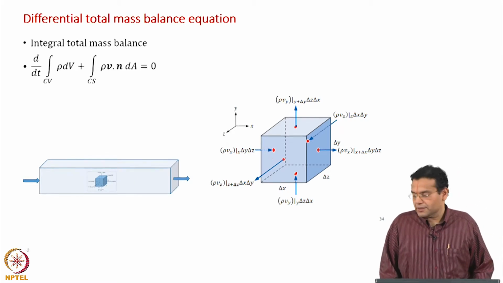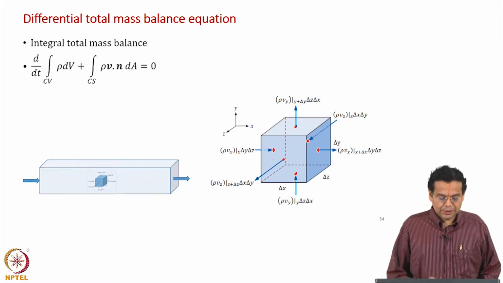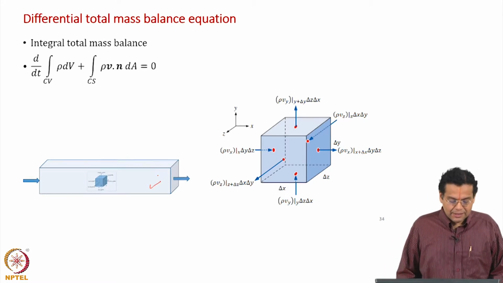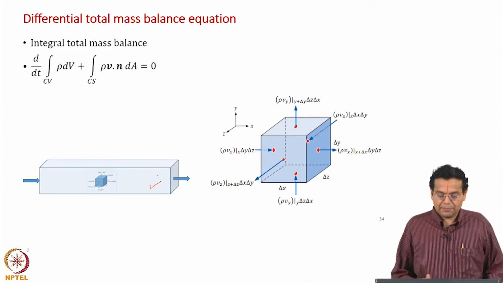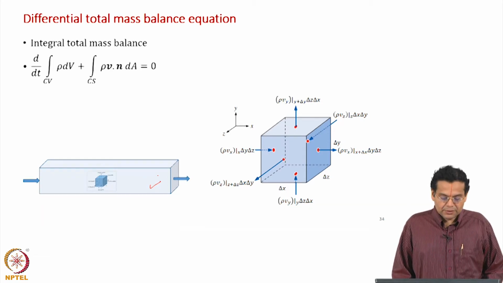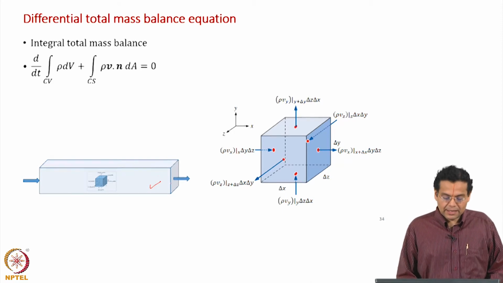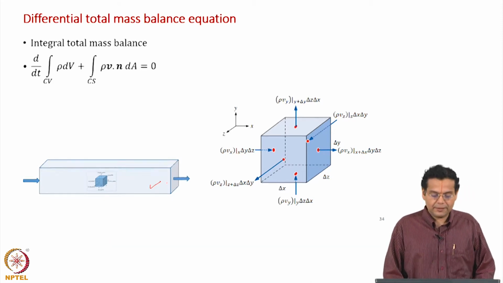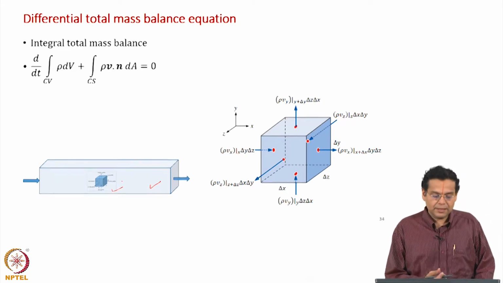Now I am going to apply this for a small control volume inside the equipment as shown here. A rectangular domain is shown, a rectangular pipe we can say. Usually of course pipes are cylindrical, but that will lead us to the cylindrical coordinate system, and within the scope of this course mostly we are going to restrict ourselves to the Cartesian coordinate system, and hence a pipe with a rectangular cross section is shown here. And a small control volume, as we have seen in the experimental setup, is also shown here.